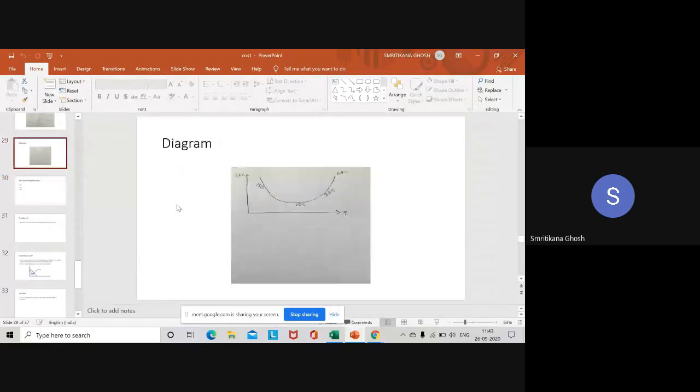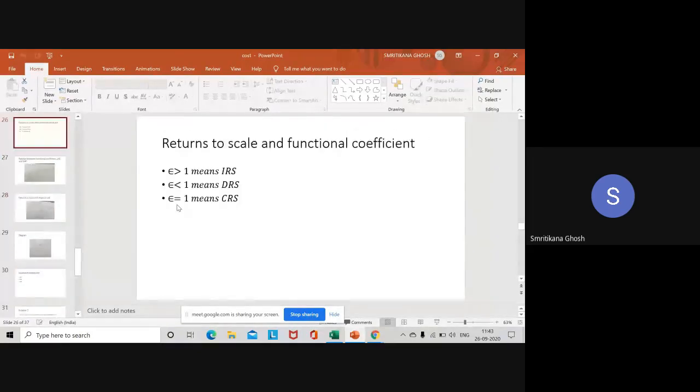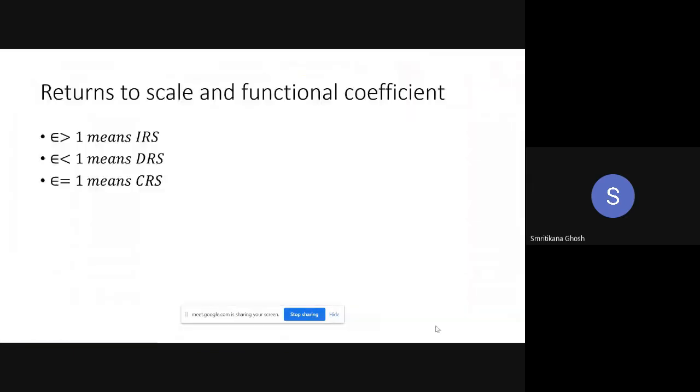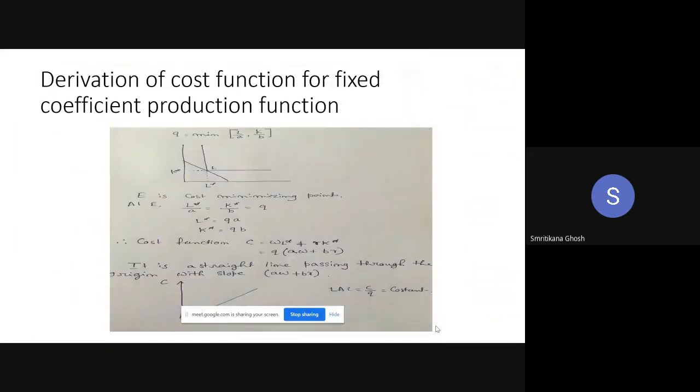Now again I have to go there. Yes. So here in case of DRS, decreasing returns to scale, you are increasing your labor and capital by 20% again. So your total cost is increased by 20%, and your quantity will definitely increase but by less than 20%. And why is it happening? Because you are producing a lot at that time.